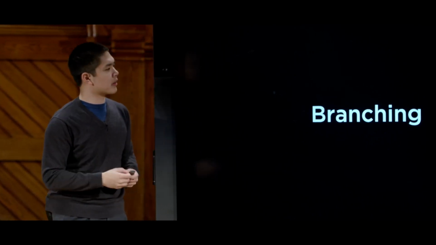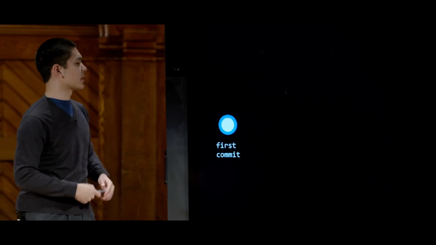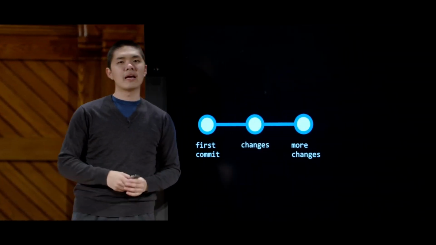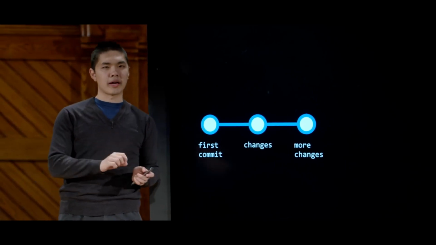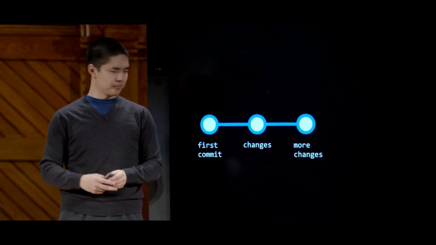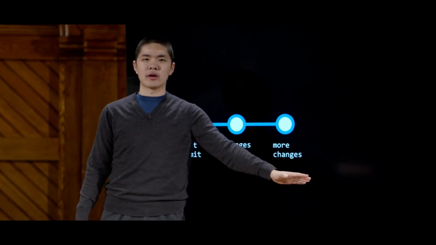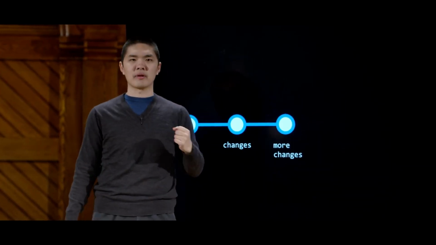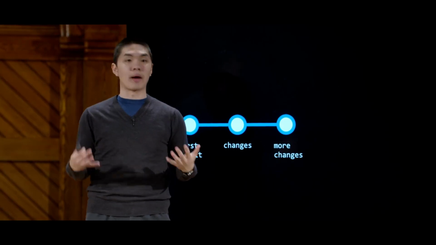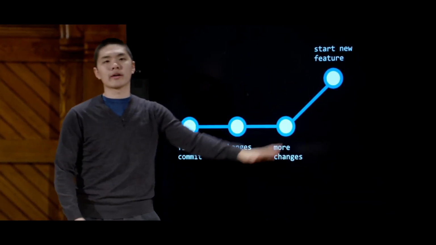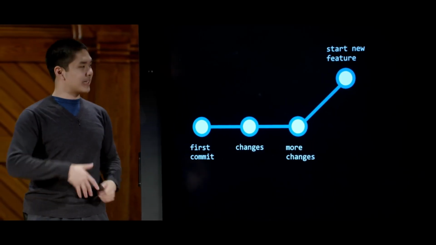And so you might imagine a situation unfolding more along these lines. You make your first commit, you start to make changes, you make more changes, and when you decide that you'd like to start working on a new feature, for example, rather than keep making changes one after another on this same branch, so to speak, I can create a new branch. I can branch off and say, you know what? Let's create a new branch and start working on a new feature there,